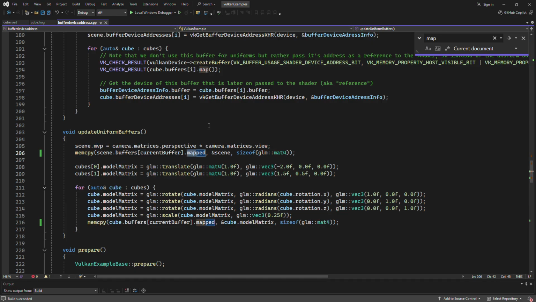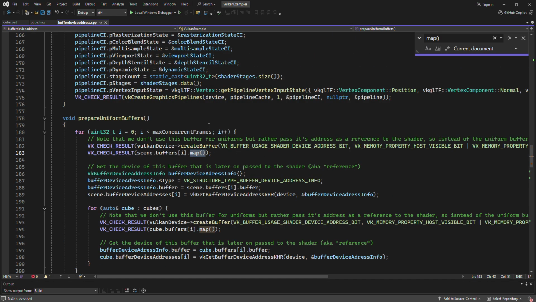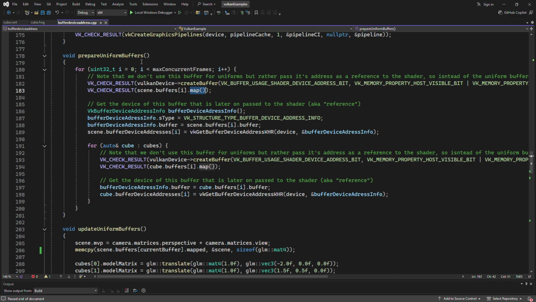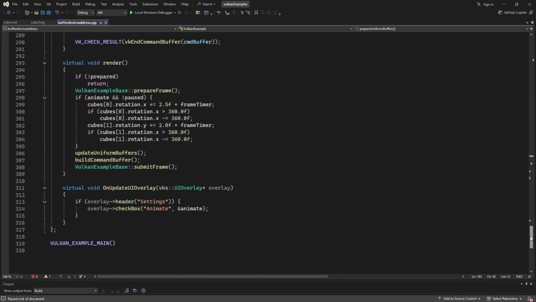Let's see if we have map. Okay, so we have two maps. Notice that we have prepare uniform buffers and update uniform buffers. So let's go down to